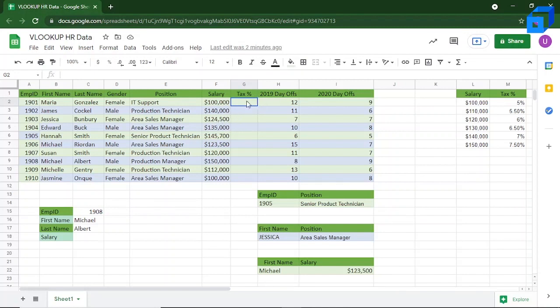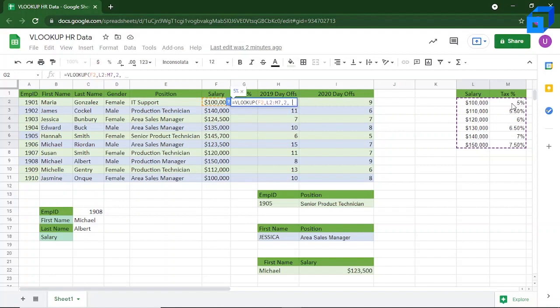So here the VLOOKUP function will look something like this. VLOOKUP, and the value which you want to look up is this value, and the range will be here till here. So that's L2 to M7, and the column which you want to populate over here is the tax percentage, which is 1 and 2.